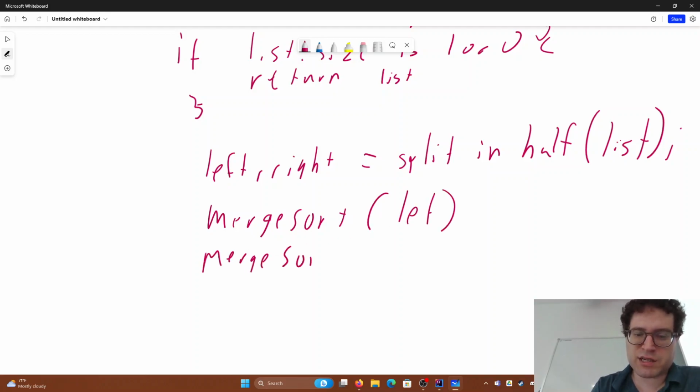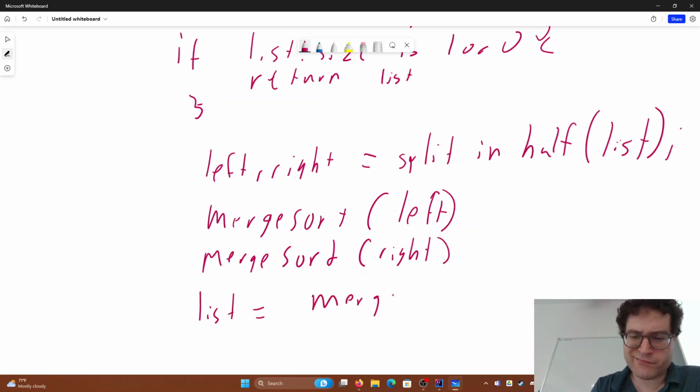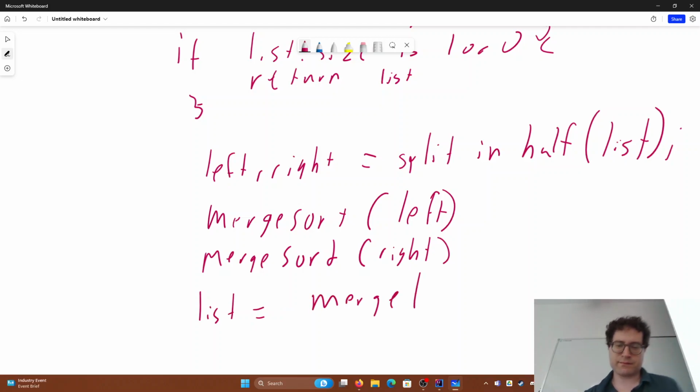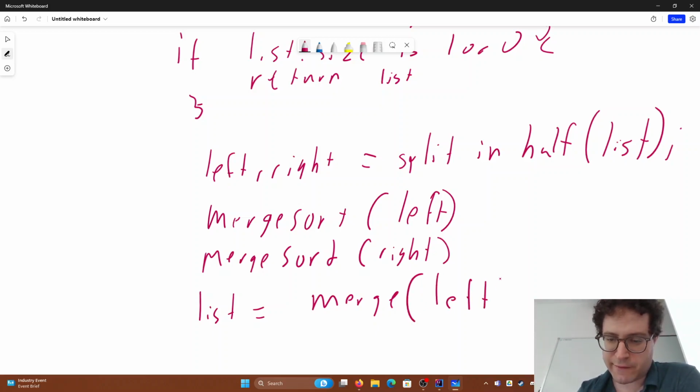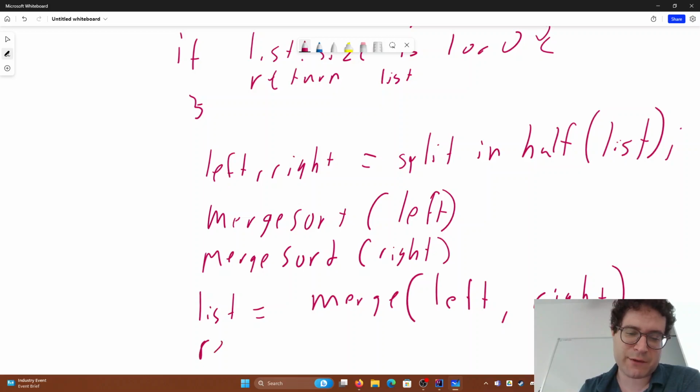Merge sort, the right half. And then list is equal to merge left, right. Okay, I go into more depth about this in our sorting chapter, but suffice to say, the way this